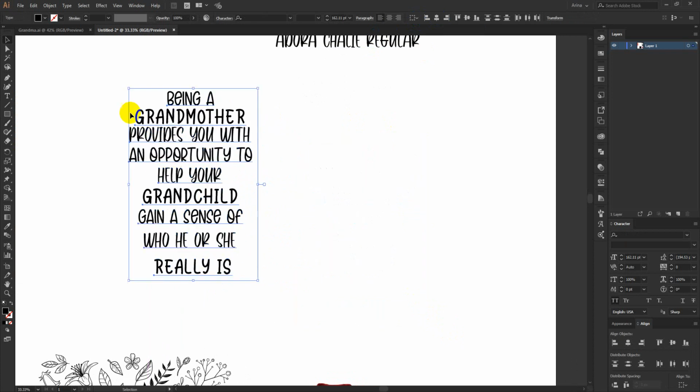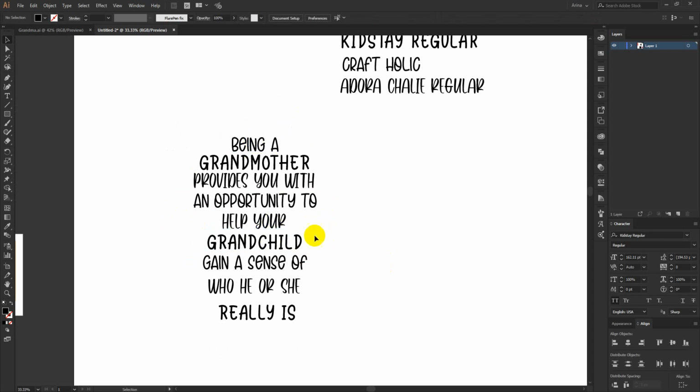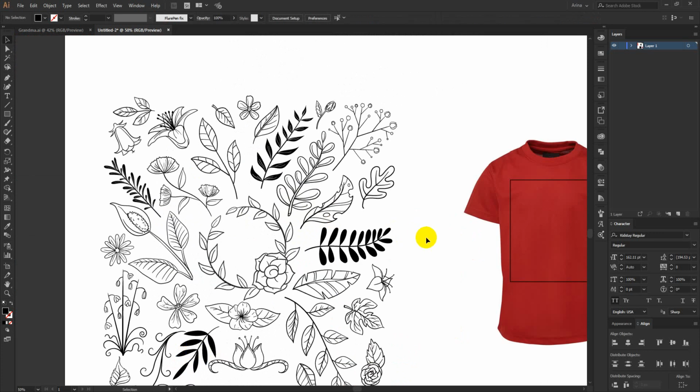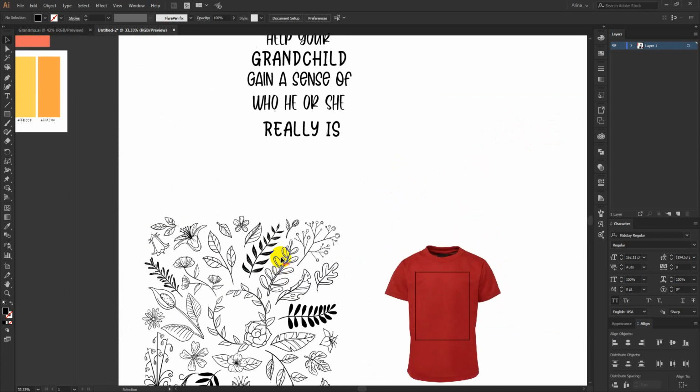Now I am going to just adjust the placement. This sentence is a bit bigger but this one is not. If I make this one bigger, it will be very big compared to the others, so I am not going to make that one bigger, but I am going to fill these gaps with some elements. These are very simple designs like this one, anyone can create them. I am using these pre-made vectors because that is time saving. If I try to make them and show it in a video, it will be a very long video. So I am just going to use some pre-made vectors, and these are safe to use, don't worry about that.